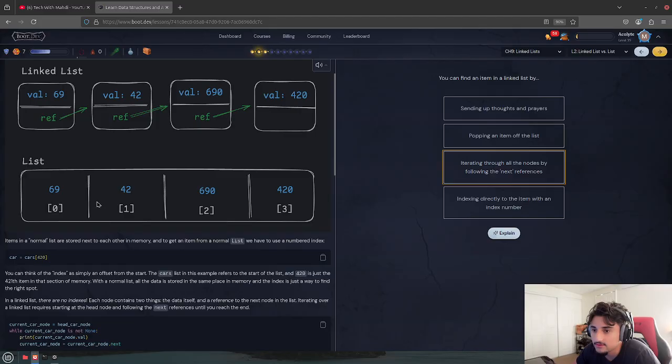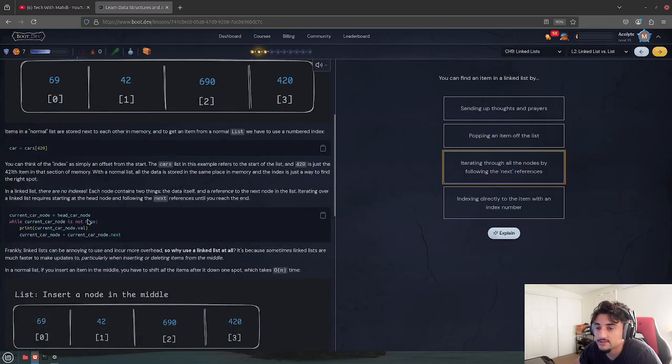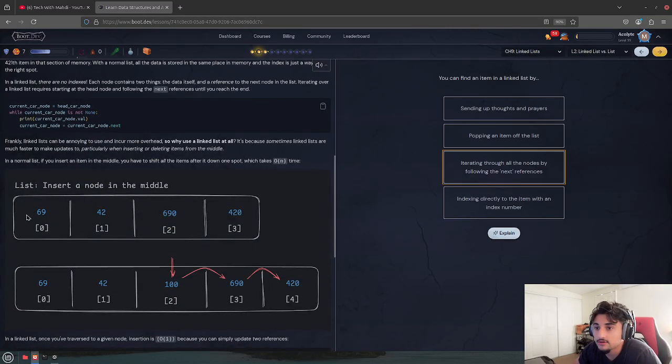A list, as it says, is stored next to each other in memory, and to get an item from a normal list we use a numbered index. So 0, 1, 2, 3 as it shows there. If we want to get car 420, we get the 421st item. Remember, it starts at 0, so it's just minus 1. Anyways, as you can see here,